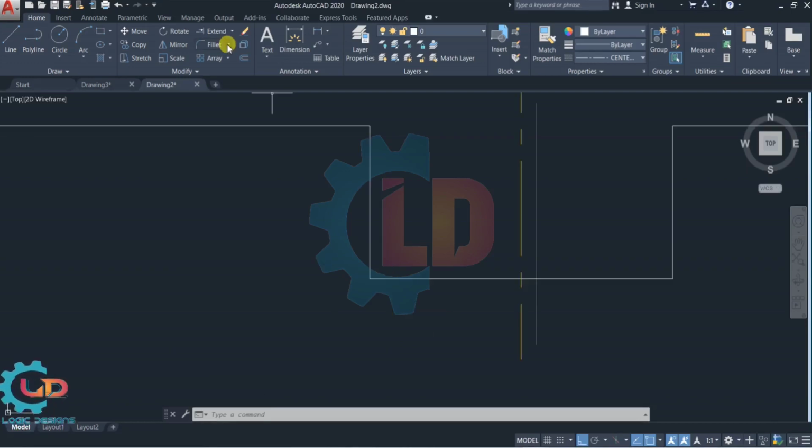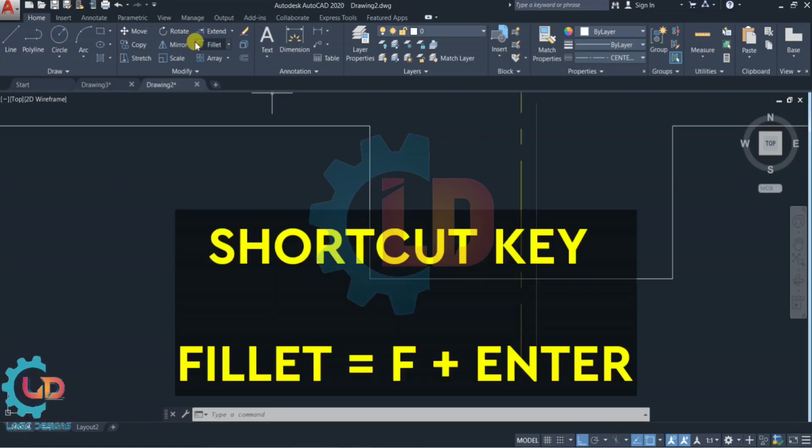Our next command is the fillet command. The fillet command rounds and fillets the edges of objects. That means an arc is created that is tangent to both of the selected lines. The lines are trimmed to the ends of the arc. To create a sharp corner instead, enter a radius of zero.